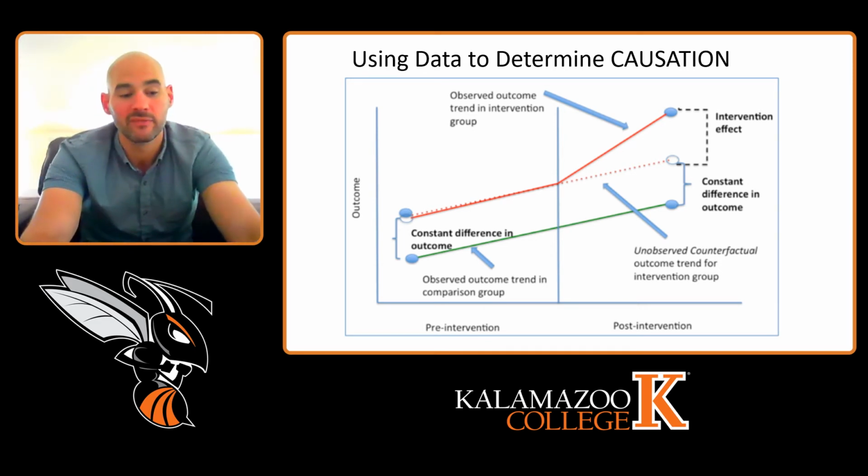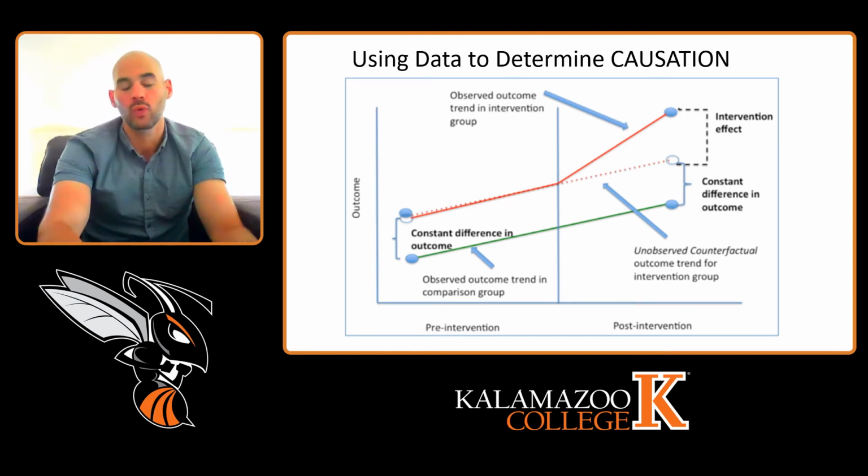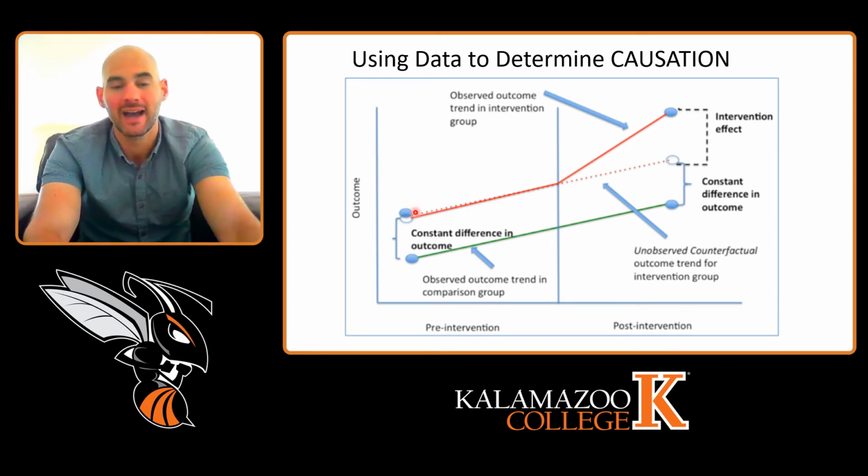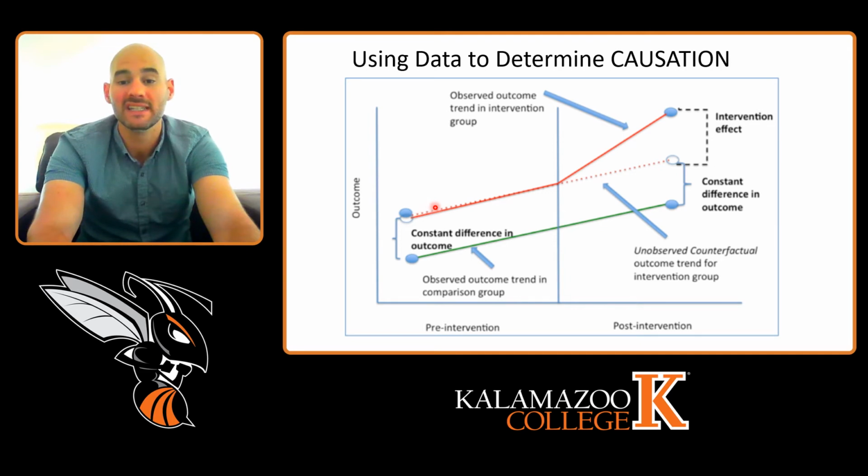We could see that if both states were increasing their deaths at the same rate, or in this case, hopefully decreasing, but they were both growing at the same rate, and then we know when a policy was enacted, then if the other state basically continued growing at the same rate and the state in question changed, then we know that this is probably a causal effect and not simply a correlation with the policy.